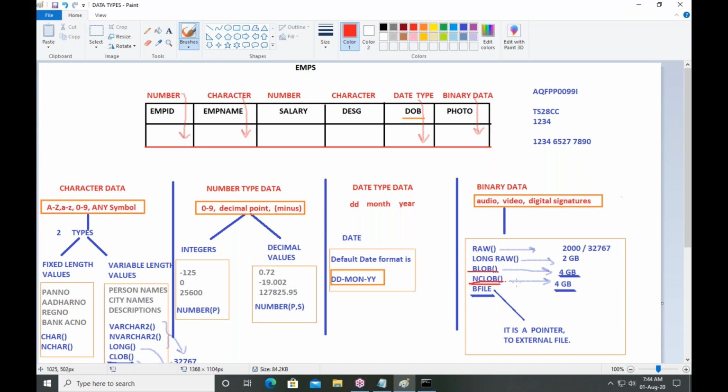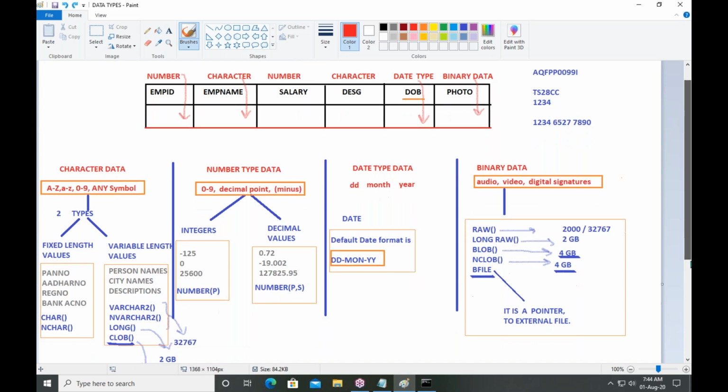LOB means large object. So multi-character large object means both character data and also binary data. Mixed data is there that you can store, up to 4 GB size.